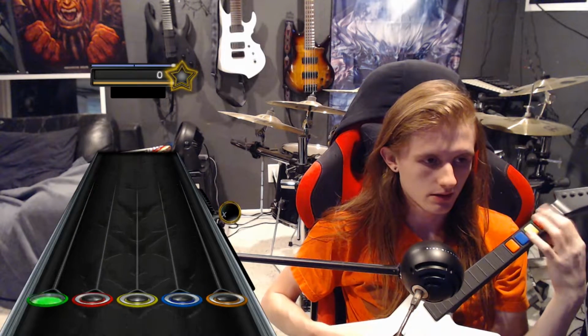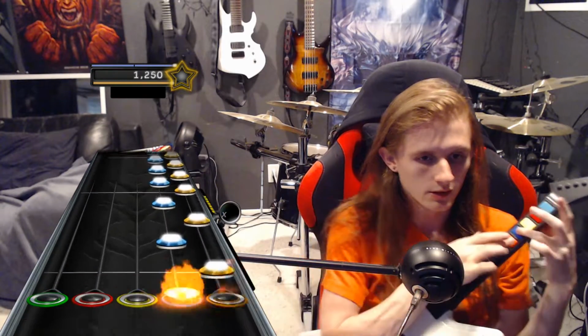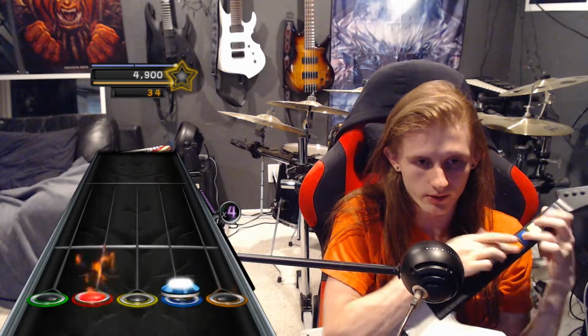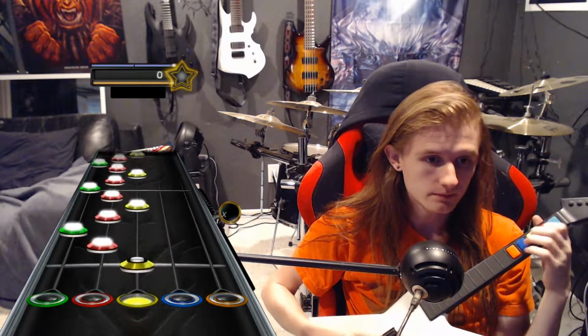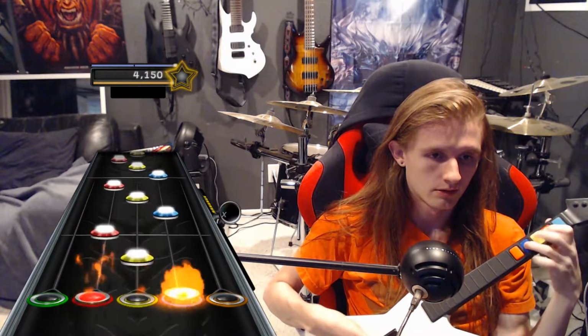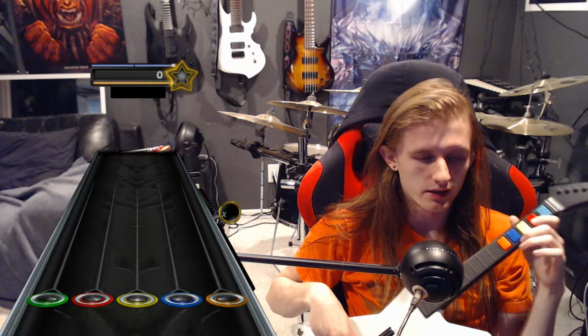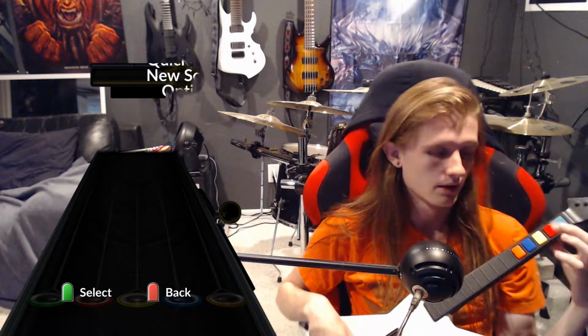Yeah, some more, just doing a lot of sweeps. And then here's another trill pattern that you want to take your strumming hand off of for it. Alright, this part is pretty crazy. But you'll still learn that doing zigzags with one hand can be easier than two hands because, you know, when